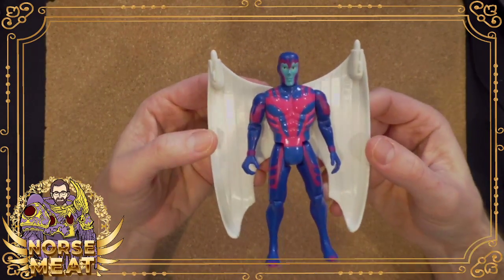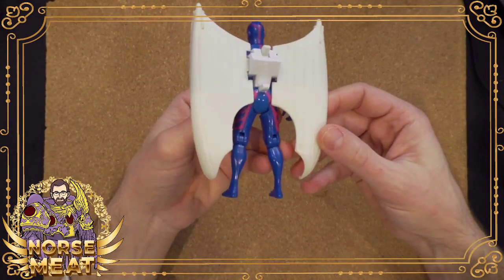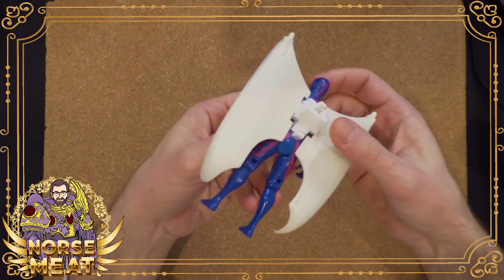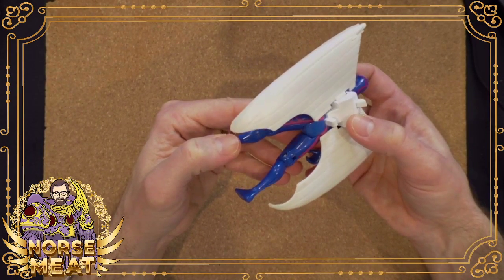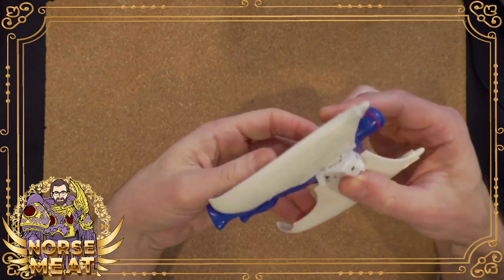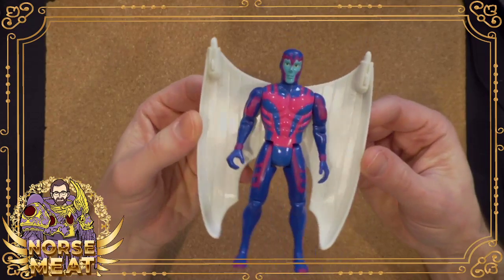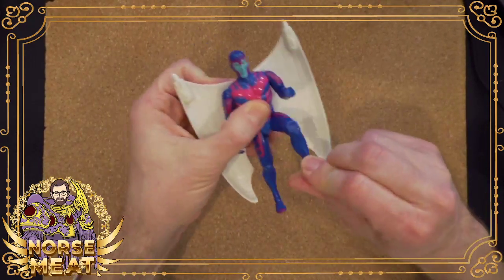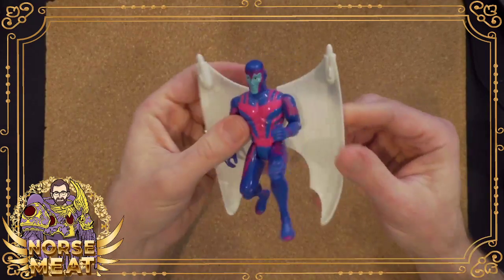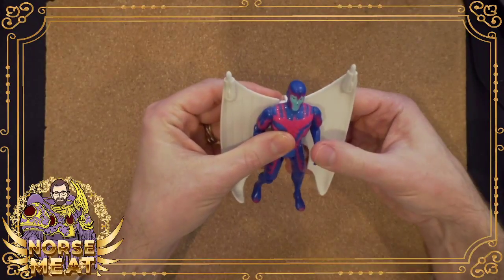The classic Toy Biz X-Men line. What is this, 1991? Looks like. These figures have aged not badly. They had a decent amount of articulation. They always had some sort of action feature. Yeah, I assume some people would be like,